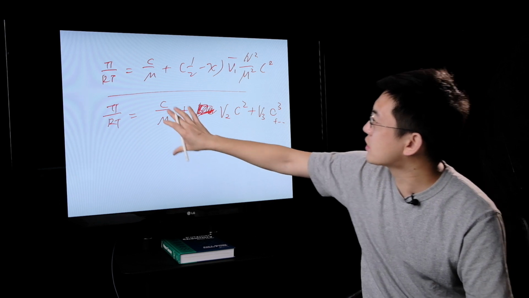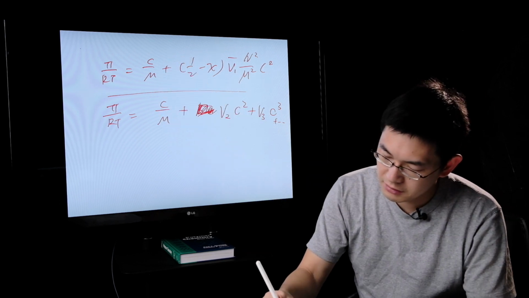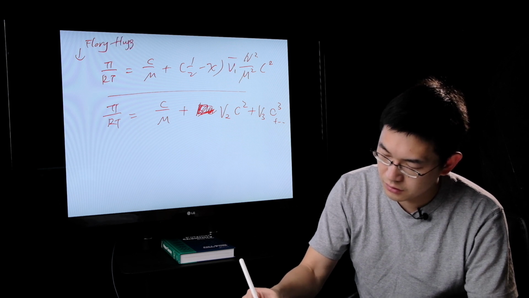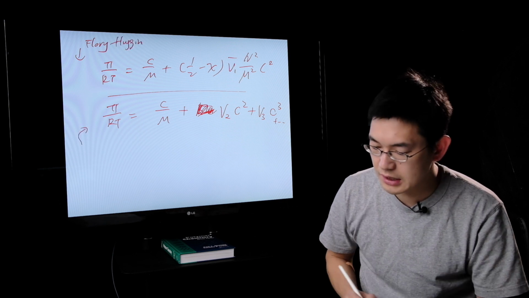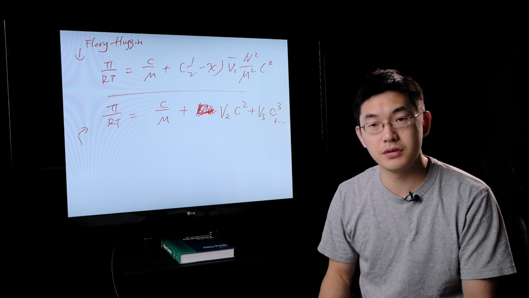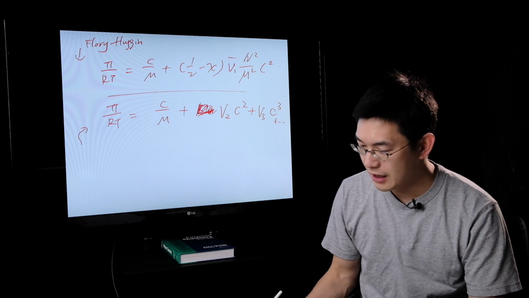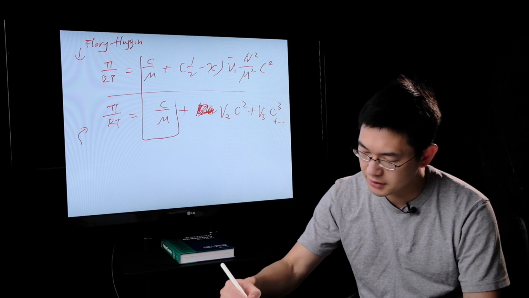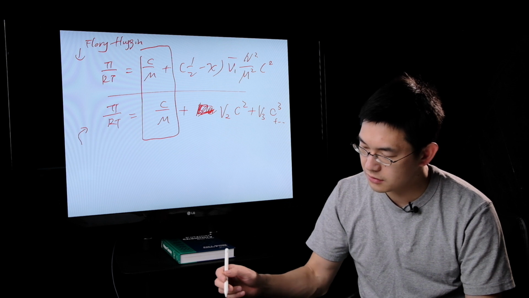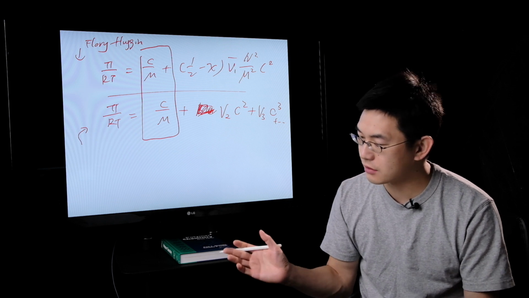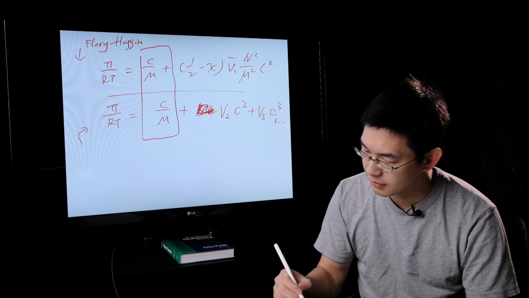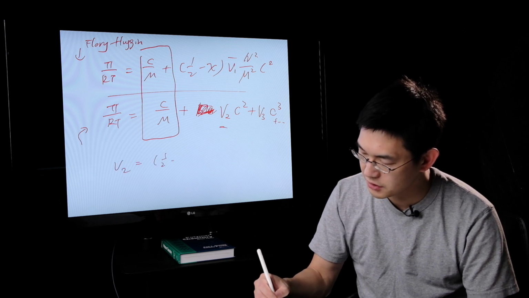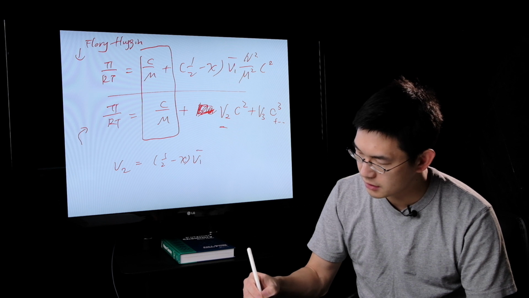And you will see this top row is Flory-Huggins theory. The second row is a conventional approach where we use the Taylor expansion approach. And comparing these two, you see the first term is basically the same. The second term is slightly different, but they are also comparable, right? So in this case, V2, or second virial coefficient, you can reach the conclusion it will be equal to